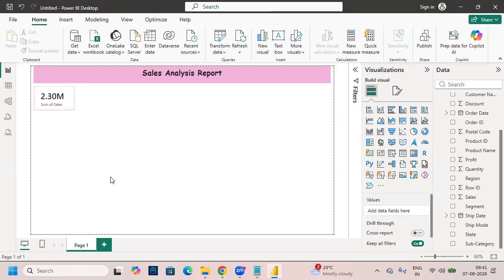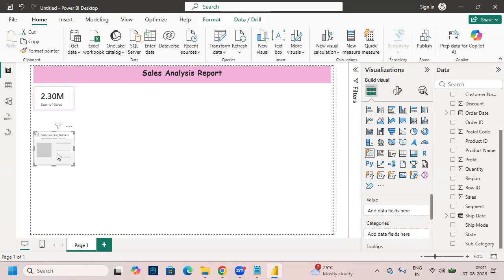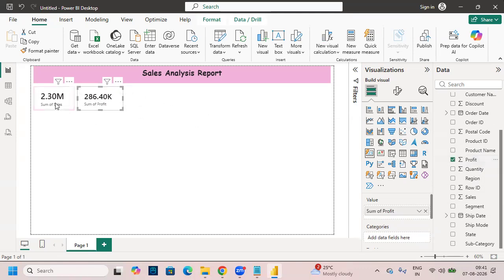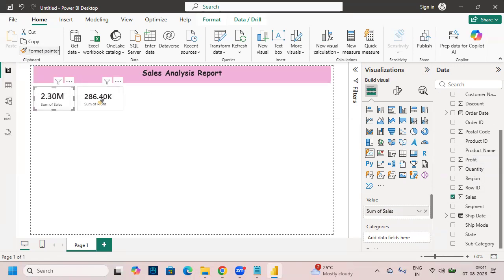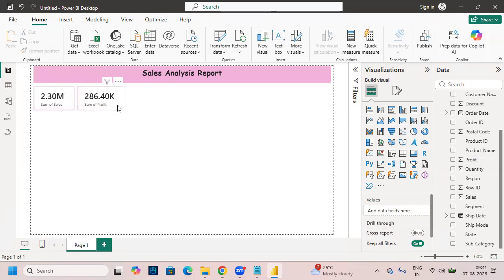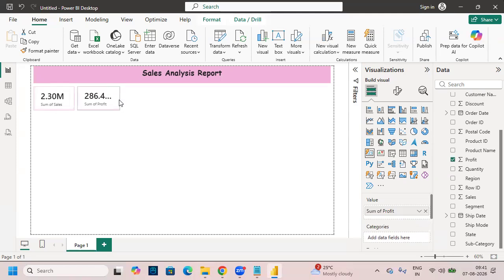Next, my requirement, I want to show the total profits. To show the total profits, again, let me go and add one more card visual. Just keep this card visual here. Reduce the height. Increase somehow the width. And drag and drop what column? Profit column. Select the profit column, drag and drop it here, right? Now copy the same formatting: select the card visual, use the format painter and keep it here. I want to keep the same formatting for this one also. Reduce somehow the width,